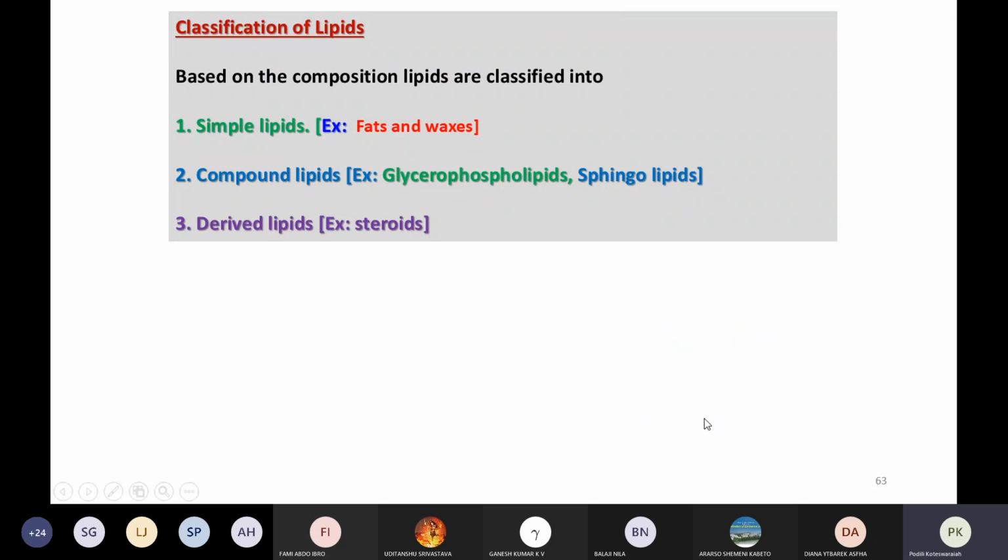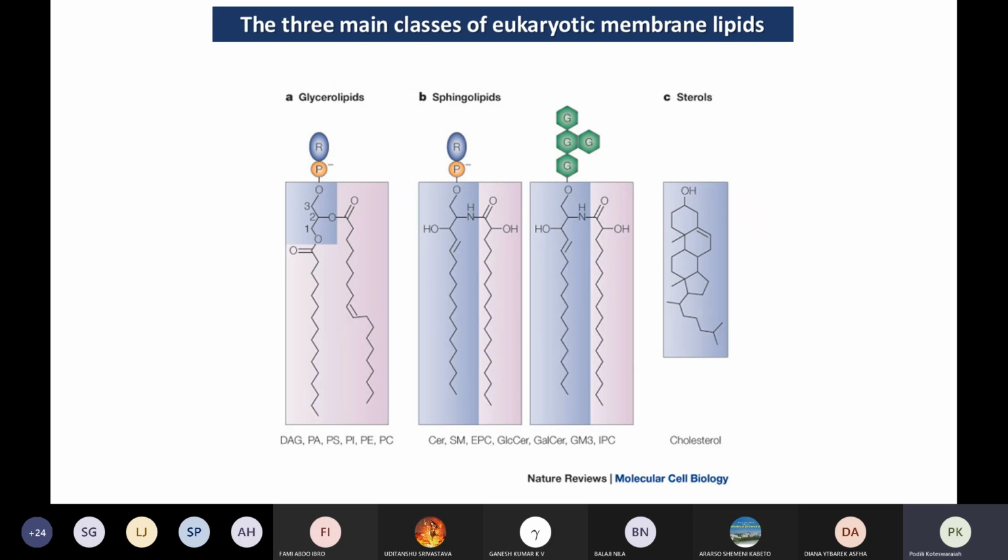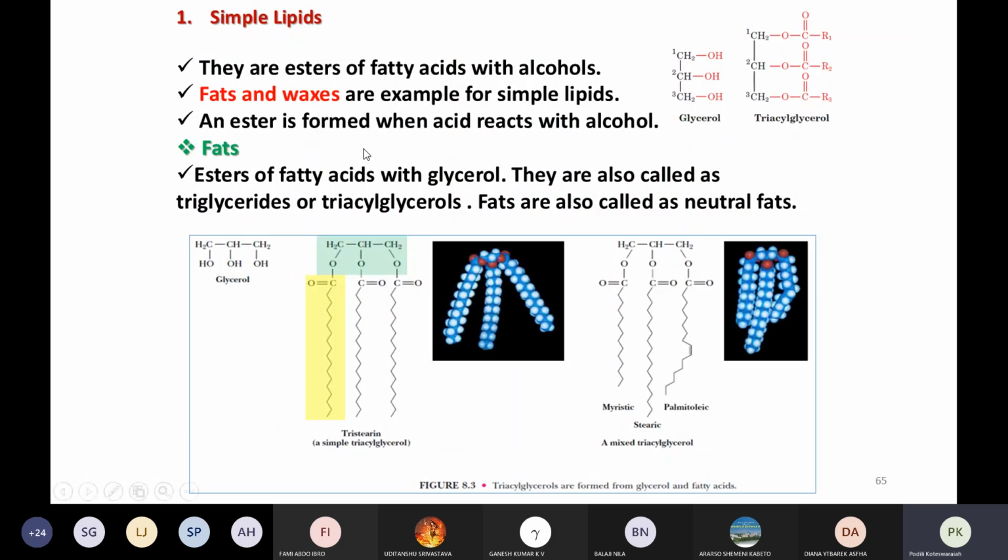So now coming to the classification of lipids. As I already said, Bloor has classified lipids into three types. One is simple lipids, second is compound lipids, third is derived lipids. First we will discuss the simple lipids. They are the esters of fatty acids with alcohol. You can see here, this is the alcohol, glycerol, and when the three hydroxyl groups of the glycerol are esterified with three different fatty acids, you can see here,